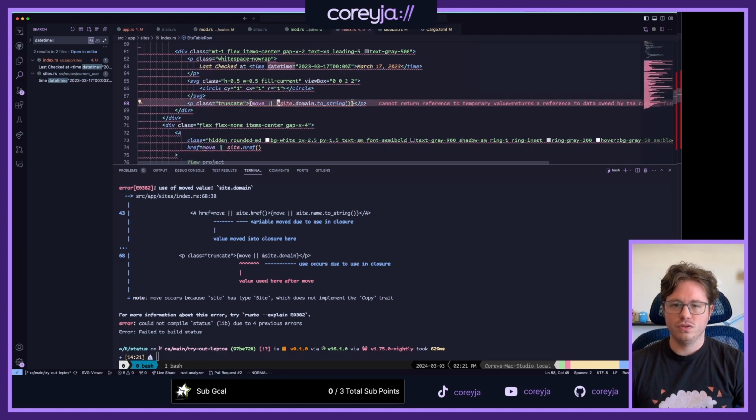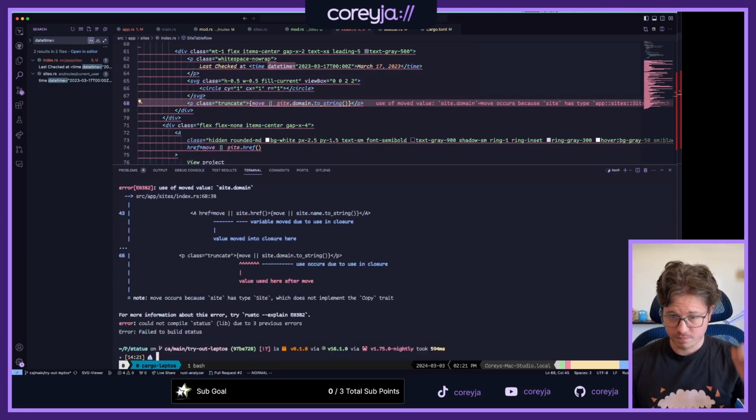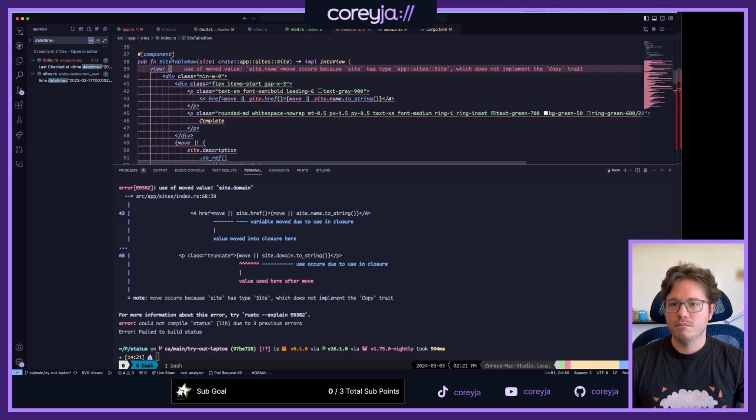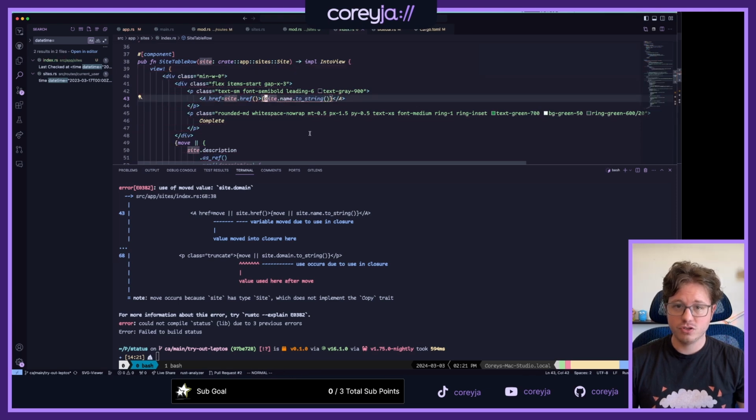This is just a little frustrating because I've just been doing this. Use of moved value occurs after site has type. Yeah. Because I shouldn't need this. I should just be able to do that. And I should just be able to do that.